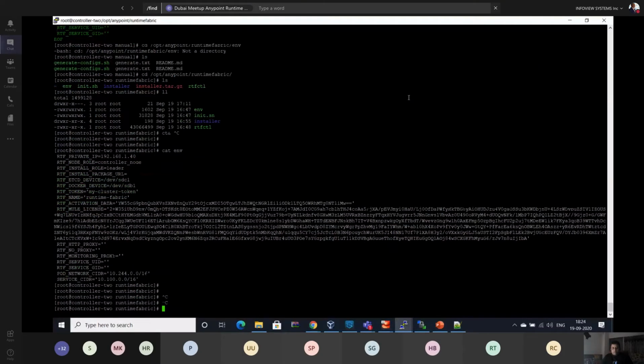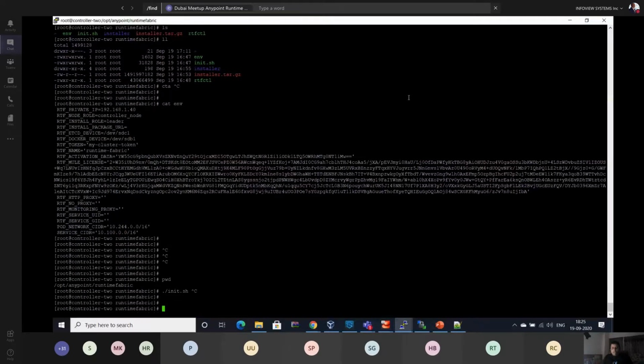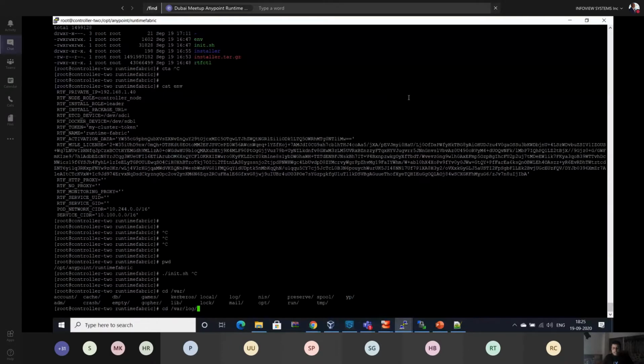This is a node. Once you execute this command, this is the only command you have to execute to install Runtime Fabric. But be sure that all the recommended configuration needs to be there. Otherwise, you will see n number of failures while executing the command. Once you have configured everything, it will install Runtime Fabric without any headache or interruption during execution. Okay, so wherever you install, you can check the logs.